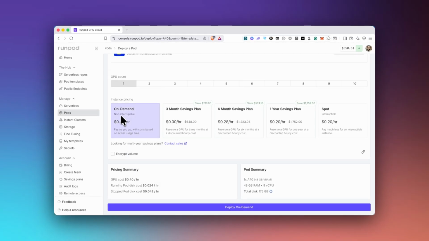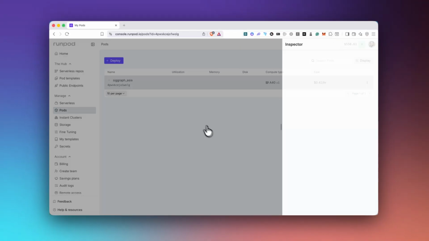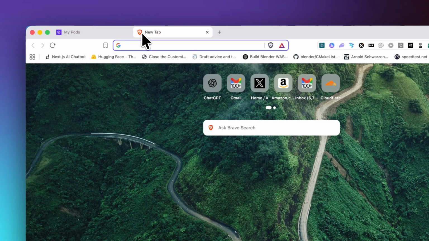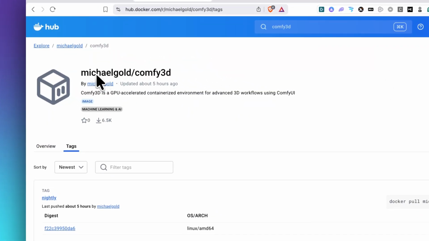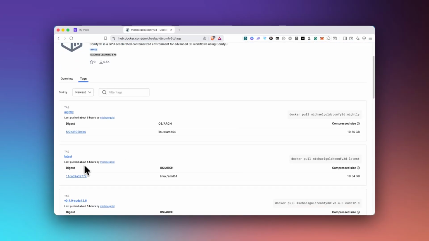Okay, so we've got a volume. On demand is the way to go. So we just click deploy on demand, and our pod is going to start to spin up. And this will be pulling the Docker container from Docker Hub. So it is going to pull the Comfy 3D repo, which is pushed every night with the latest release from